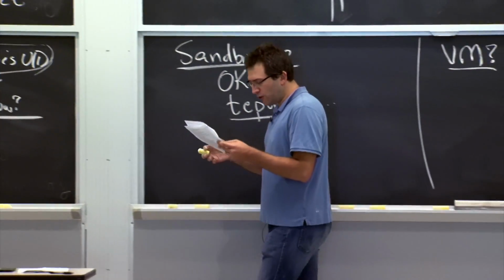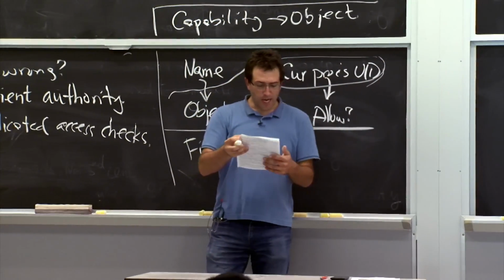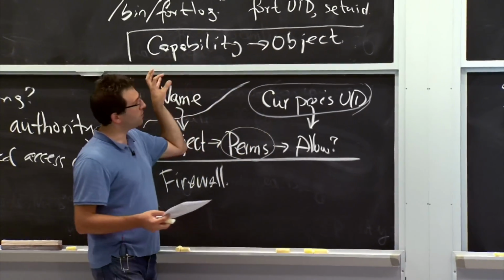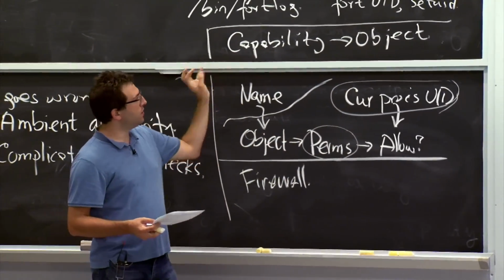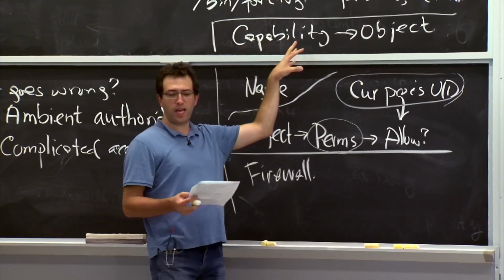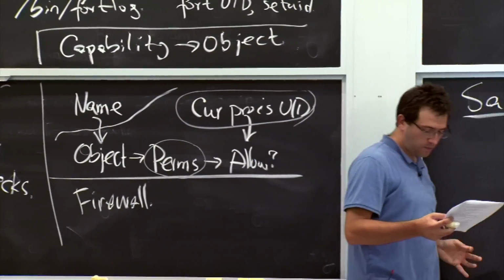All right, so let's look at how Capsicum tries to solve this problem. So in Capsicum, as we keep alluding to, the plan is very much that once you enter the sandboxing mode, everything is going to be accessed only through capabilities. So if you don't have a capability, you simply cannot access any object. So